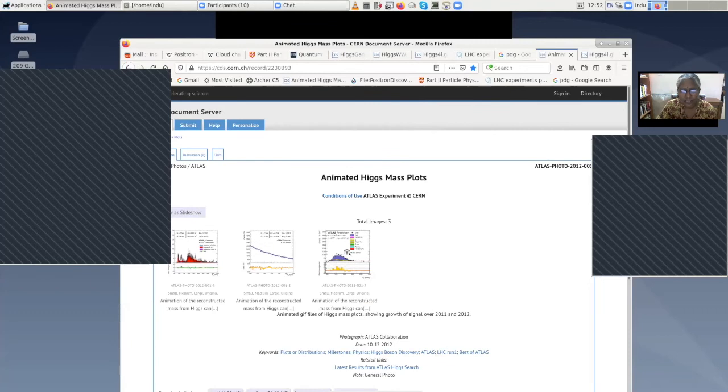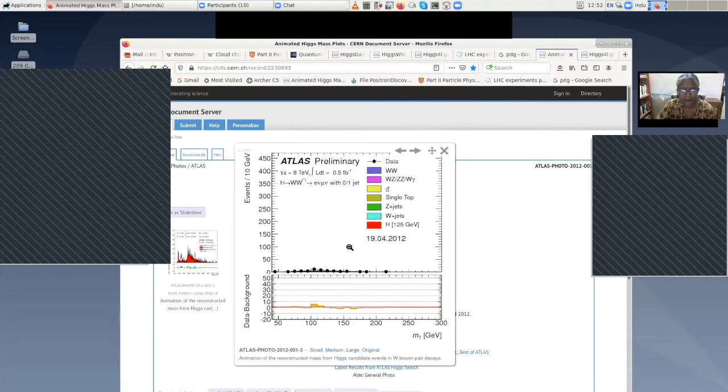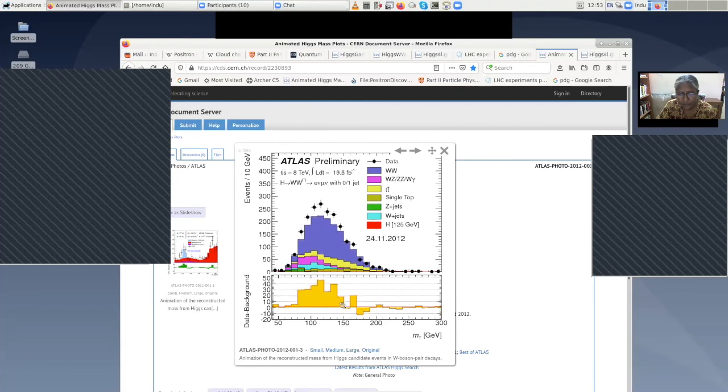So the last one is all the channels. You can see that you have to see one electron, one muon, and missing energy. So it could have come from WW or ZZ, WZ, W gamma, TT bar, single top. All the background is not adding up to the signal. The signal is less than the background, you can see. Again in this 125 GeV region. Okay, and this is the data minus background. So there is extra data which is not being managed by the background.